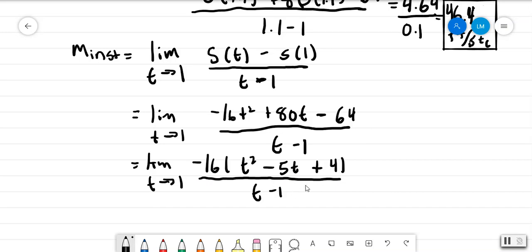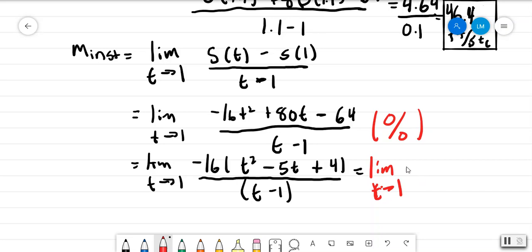Okay, so you might have learned that in taking a limit, if it's indeterminate, so you notice how you get 1, that's going to give you positive 64 minus 64, then 0 over 0. That just tells you that you need to rewrite the function in a way that you can find what the limit is. So this gives me the limit as t